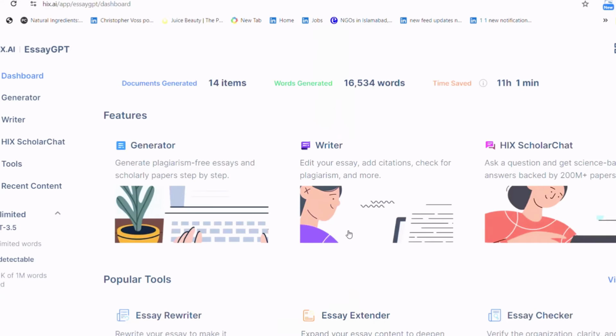In the same way, let's explore its two other very important features. The second one is the writer and the third one is the HIX Scholar. With the help of its writer feature, you are able to write an essay, do citations, and build the outline of any kind of research document. And HIX Scholar chat provides you an opportunity to chat with a database of more than